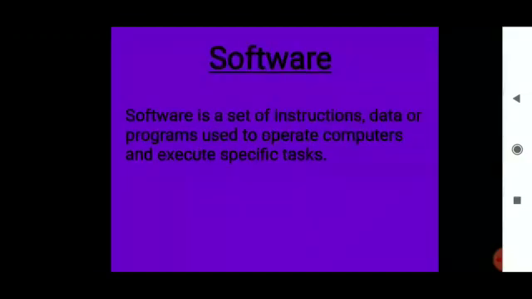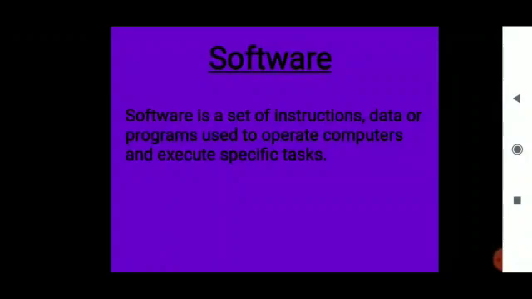Now all these things are clear, but once again let us do a recap. A computer system has two parts, hardware and software. What is hardware? The parts of the computer system which we can see and touch are called hardware. What is software? The parts of the computer which we cannot see and touch are called software, which is used to do some specific job or helps us to operate the computer.